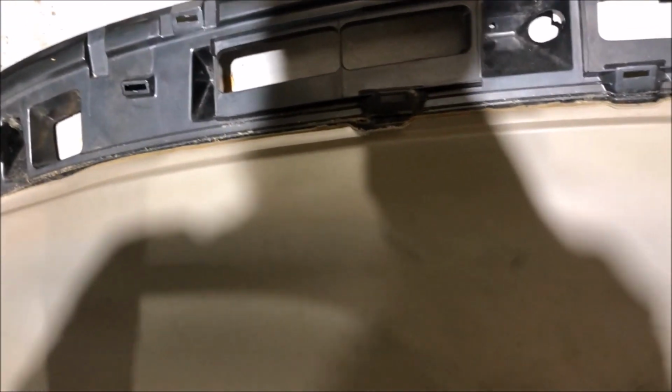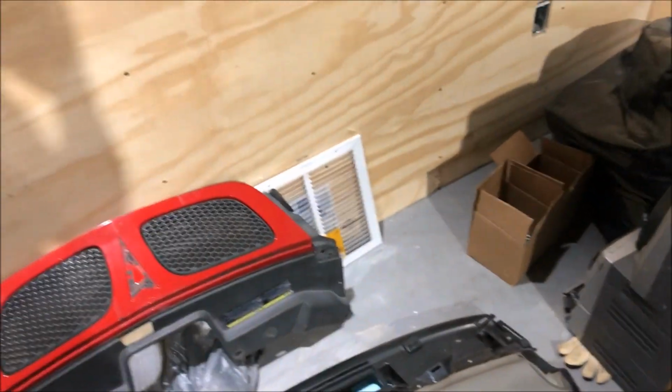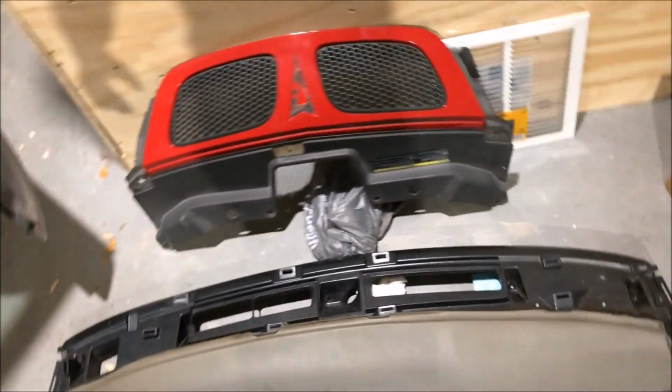You don't see this part because that plastic trim piece I showed you a minute ago is flush right here. So you can put as many screws as you want to make sure this thing never starts pulling up again, and you won't even see them when you put this back in. It's a much better method than using glue on the corners. Again, glue is fine right here to get rid of this crease,